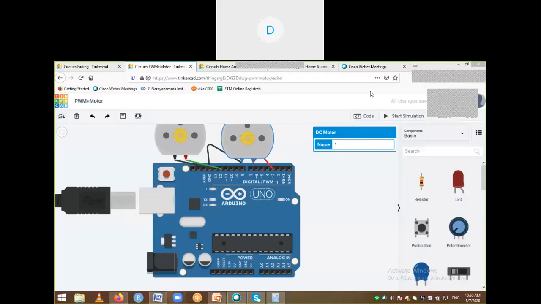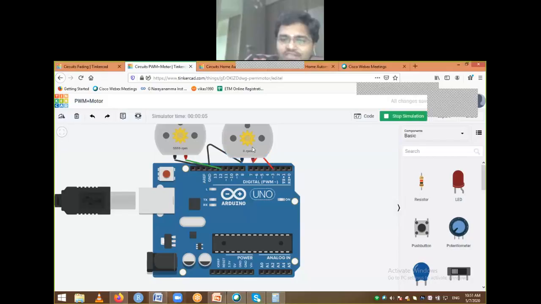Okay. So as I told, either I can give 0 or 1, or even I can control the speed of that particular DC motor. First we will simulate the same thing. Okay, let's see how it works. You can see this particular motor 2 is working at high speed, 5555, but this one is at 0 RPM, motor 1. Now motor 1 has some intermediate value, 2500, 600 something, but motor 2 is off.